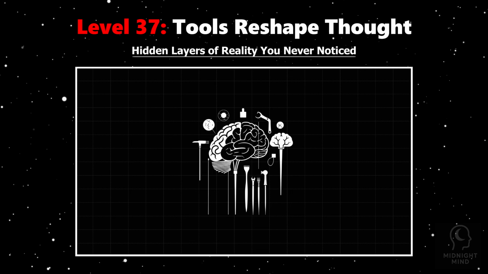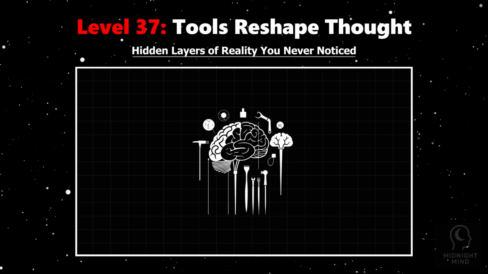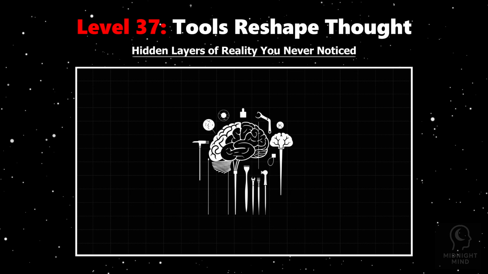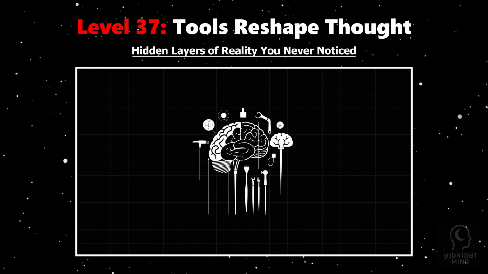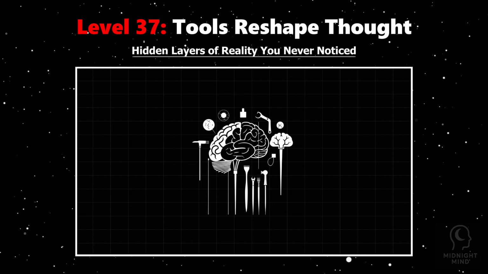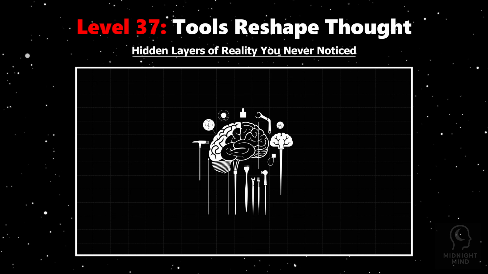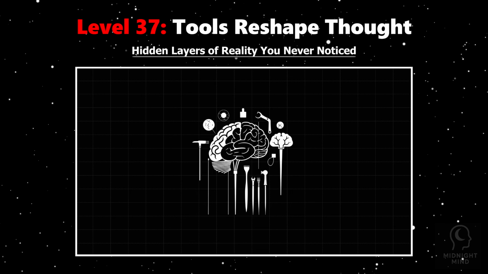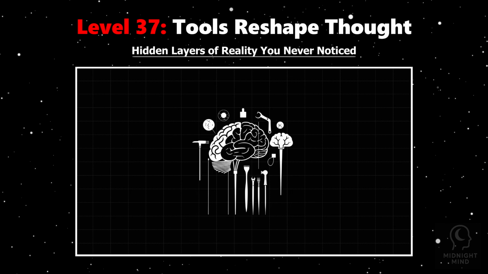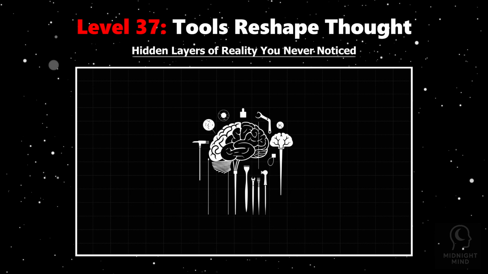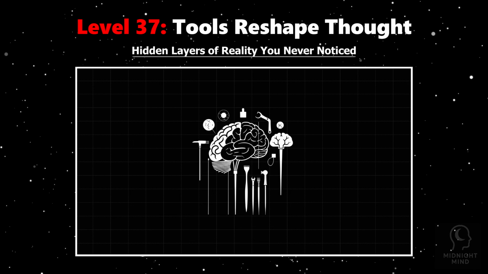Studies show that tool use enhances neural connections in areas responsible for spatial awareness, problem solving, and motor control. For example, musicians' brains change with practice, and even casual smartphone users develop altered attention and memory patterns due to constant connectivity. Psychologists call this phenomenon cognitive offloading, delegating mental tasks to tools, freeing your mind, but also reshaping neural pathways. Over time, these changes become permanent, influencing how you approach problems, remember information, and interact with the world.